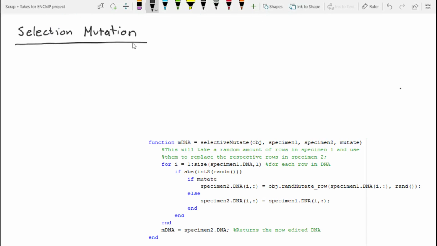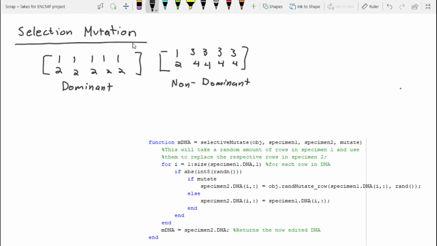The third and final mutation type in the program is selection mutation. What selection mutation will do is that it will take in 2 DNA matrices. One of them will be dominant and the other will be non-dominant. During the mutation, the program will run a loop through every single row in the non-dominant DNA. 50% of those times, the program will replace one row of the non-dominant DNA with the corresponding row in the dominant DNA. As such, the resulting DNA output would be